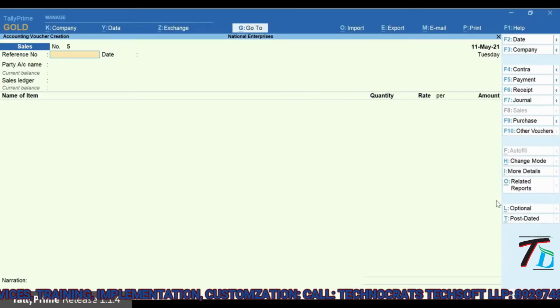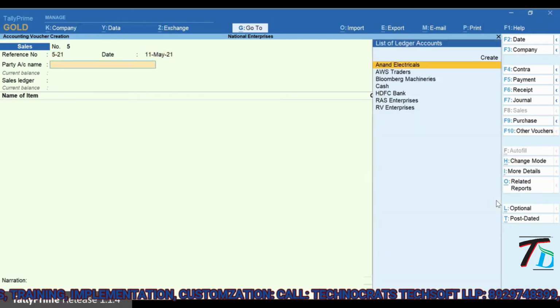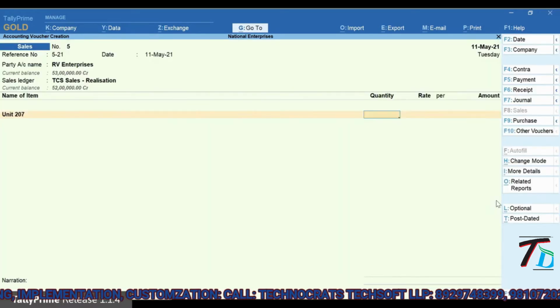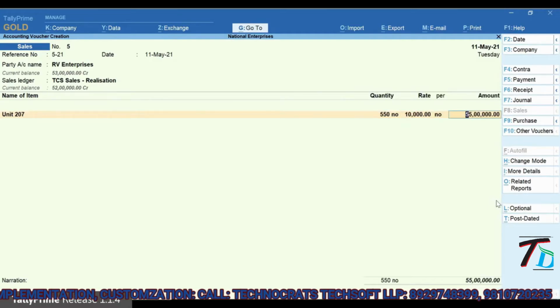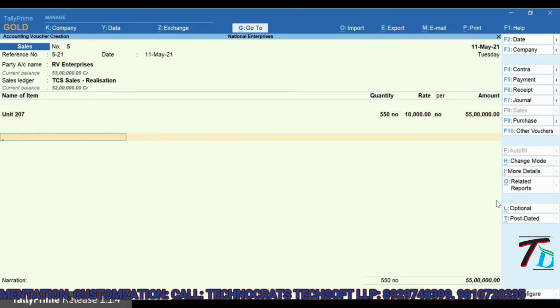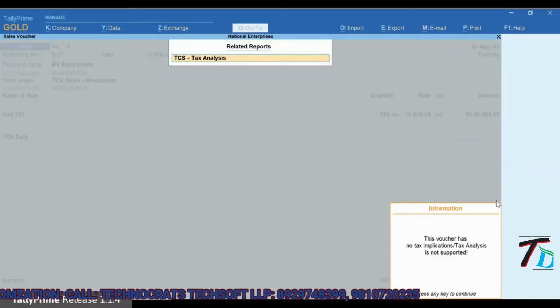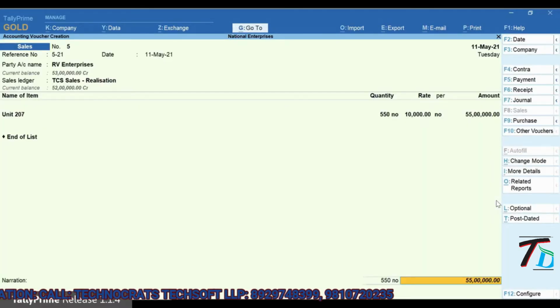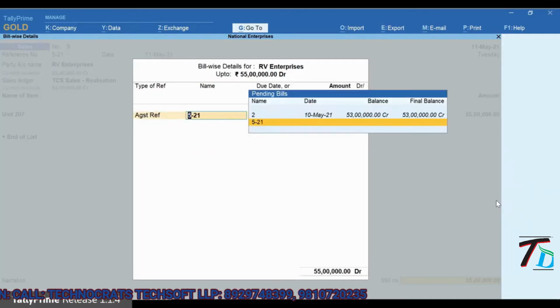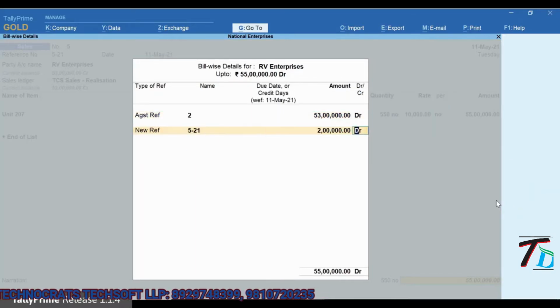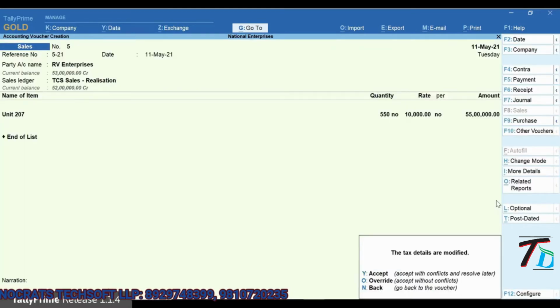In case the sale value is equal to the advance received, the transaction cycle for the amount received will be closed. However, if the sale value is more, then you will not be able to apply tax for the excess amount in the sales invoice, because for realization nature of goods, tax is applied on realization. Therefore, in the sales invoice, you can adjust the value equal to the advance received and create new reference for the excess amount and save the transaction.